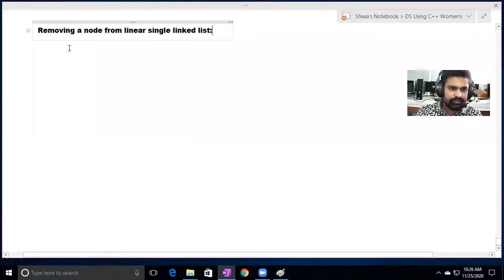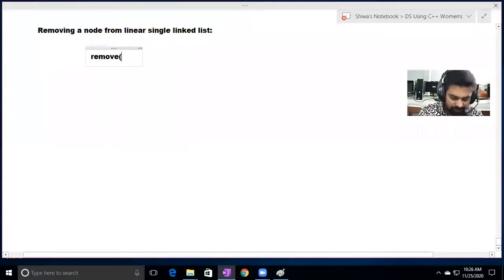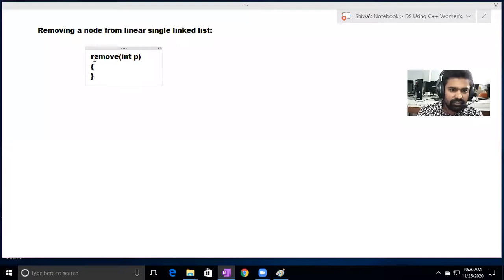Observe. So, I want to give method name as remove. So, we have to specify the position, which position's node we want to remove. This method I want to define. I don't want to return any value. So return type is what? Void. So this remove method I want to define.